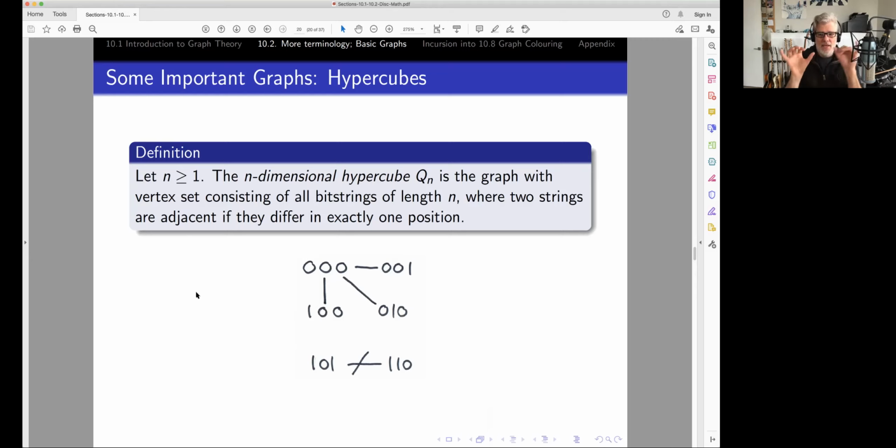Two strings will be adjacent if they are exactly the same except in one bit. There'll be an edge between them if they differ in exactly one position. For example, in the three-dimensional hypercube, 000 will be adjacent exactly to 001, 010,